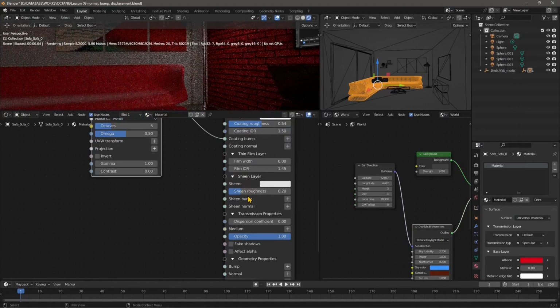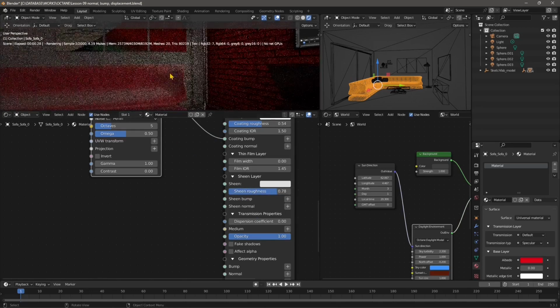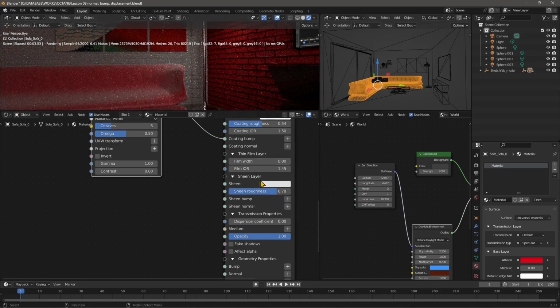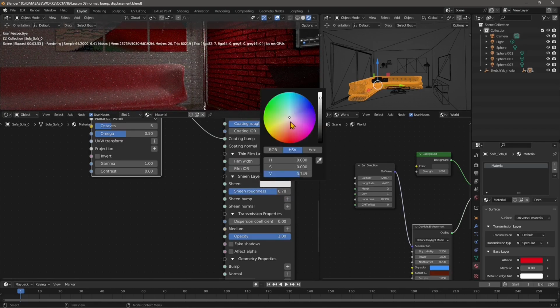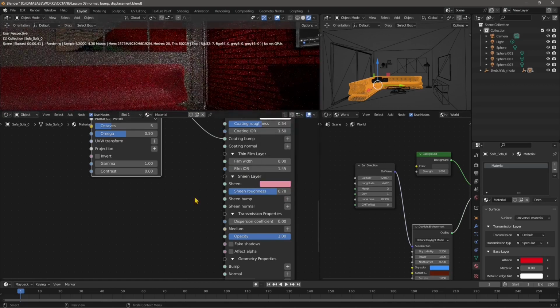Now this one here is the sheen effect, and you can see it makes the material shine on what we see from a side. It's something similar to the Fresnel effect, when we can see a different effect of the material by looking at the surface frontally and from a side. So it's going to give this extra shininess, in this case on the seat and on the top parts, so on the surfaces that are oriented